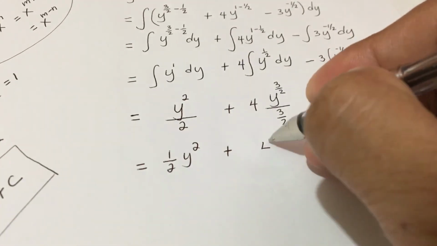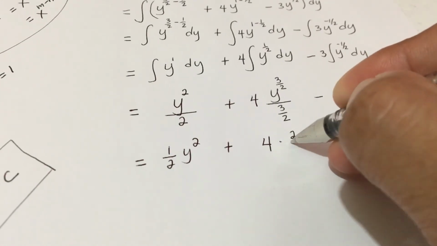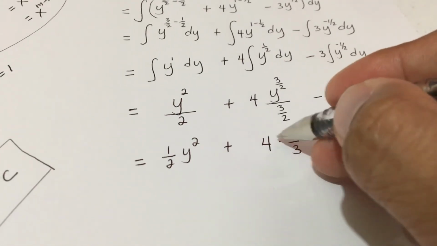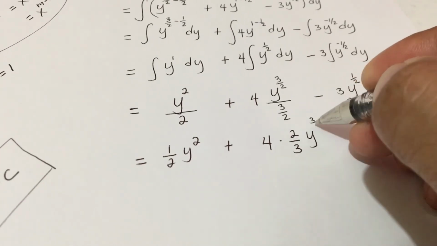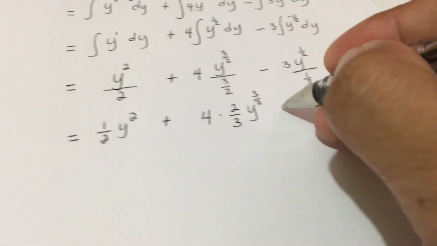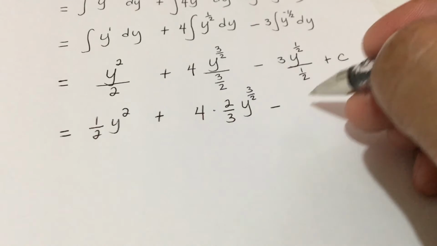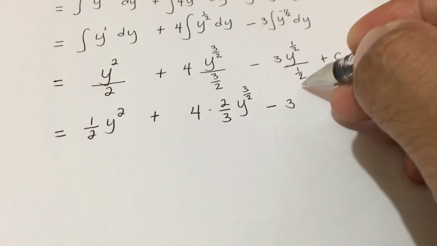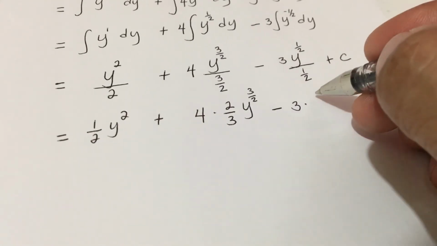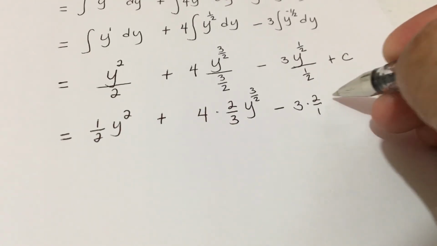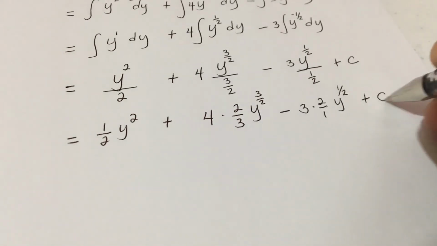So we have 4 times, inverting this divisor, 2 over 3, and times y to the power 3 halves minus, again we have a fractional denominator, so we have to invert it and proceed to multiplication. So we have 2 over 1 y to the 1 half, then plus c,